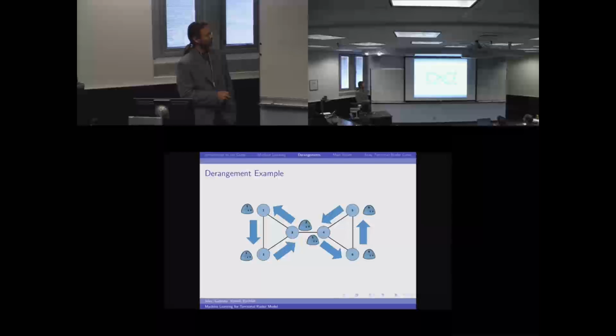Blob number 1 goes to 2, 2 goes to 3, 3 goes to 1. So there is kind of like one circle going on here, and another circle going on here. So everybody moved somewhere, but you can see that nobody really meets anybody else. So everybody is alone. This is kind of a funny situation if you think about stealing goods from your neighbors.